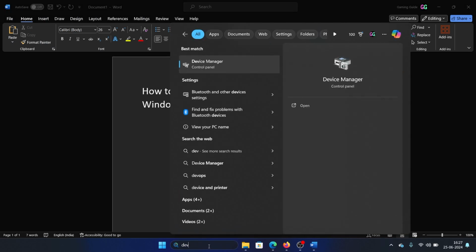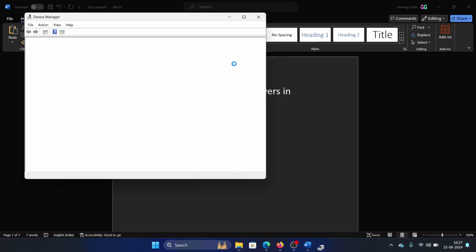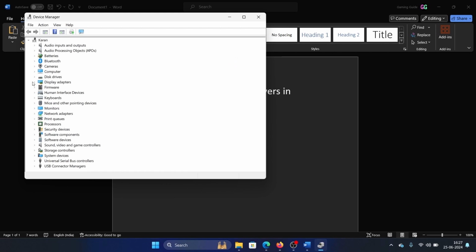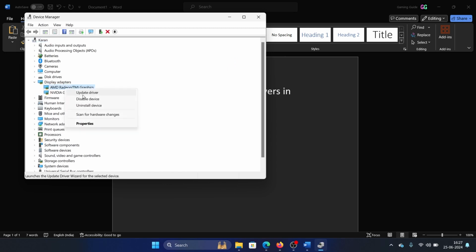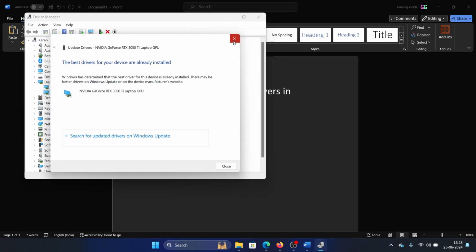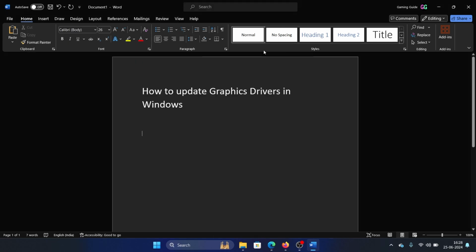So search for Device Manager in the Windows search bar and open Device Manager. Expand the list for display adapters. Right click on each one and select Update Drivers. Now this is through the Device Manager, but graphics drivers are something that people want to